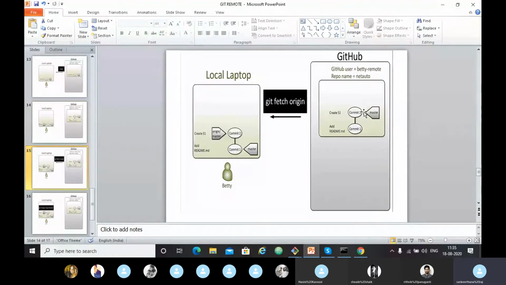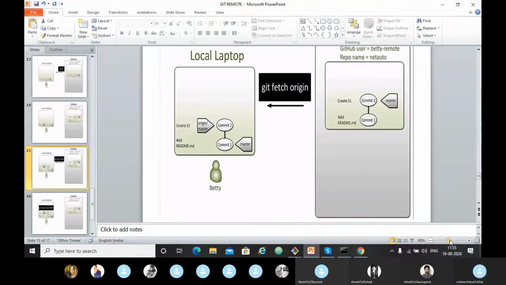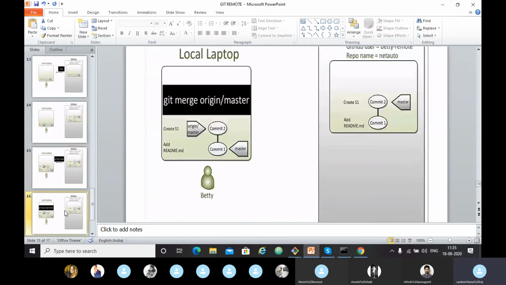Here you can see we have fetched it. After that, using the git merge origin master command, we have just integrated it, means our master branch and the master branch in our GitHub are pointing to the same commit.